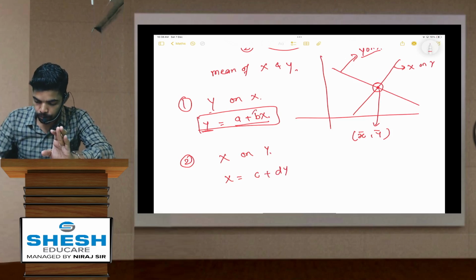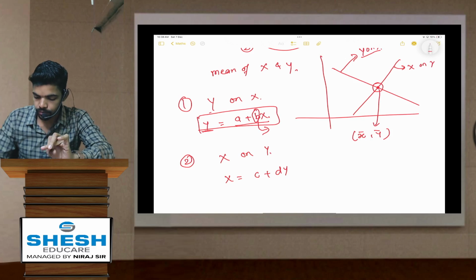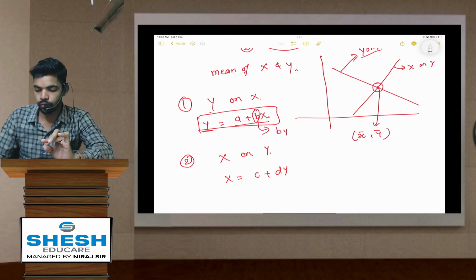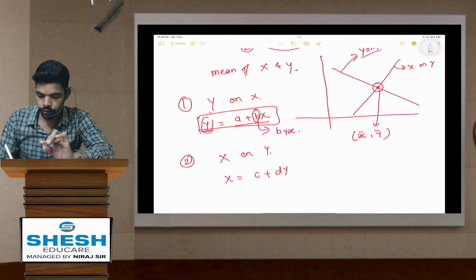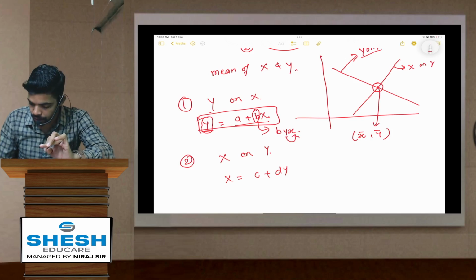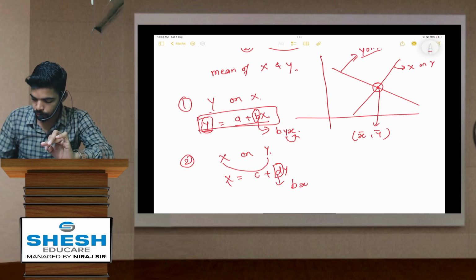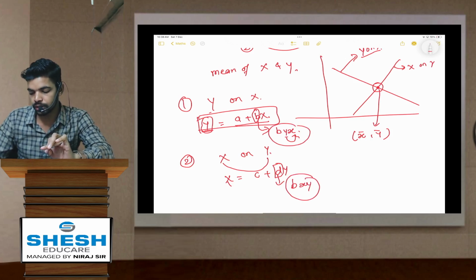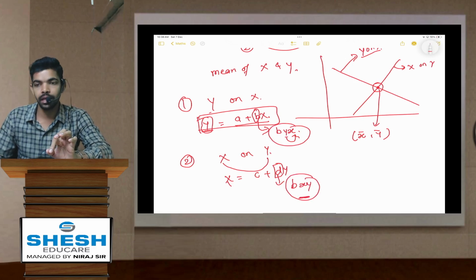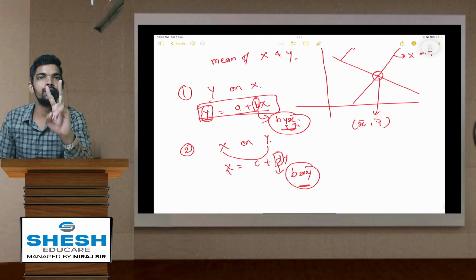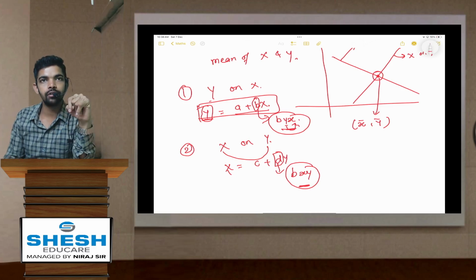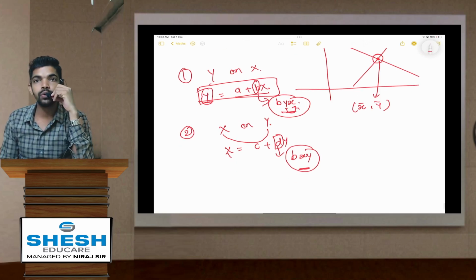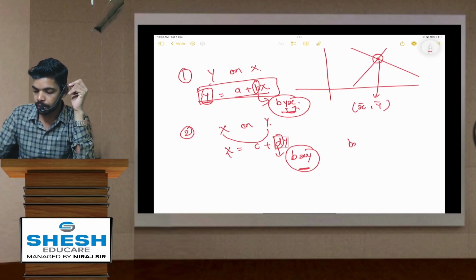Now this b is called the regression coefficient of y on x. On LHS, what do you have? Y, right? So y on x. Similarly, this d is called the regression coefficient of x on y. We denote regression coefficients by bxy and byx. So we have two regression lines, y on x and x on y. Similarly, we have two regression coefficients. They are bxy and